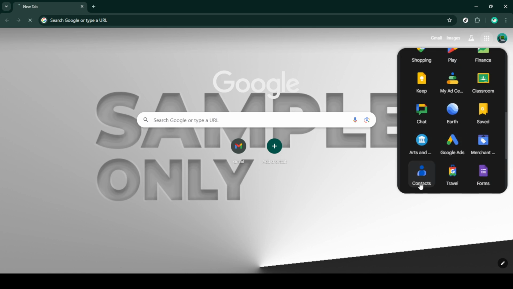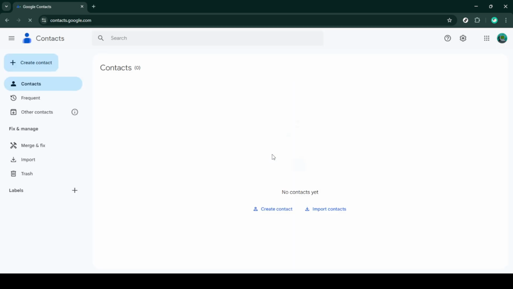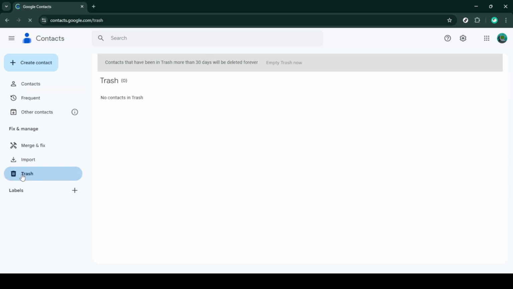Now that you're on the Google Contacts page, your next move is to find the Trash folder. The Trash option allows you to access contacts that have been deleted. In most cases, Google retains these contacts in the trash for up to 30 days, giving you a window of opportunity to recover them. Once you're in the trash, you'll see a list of all the contacts that have been